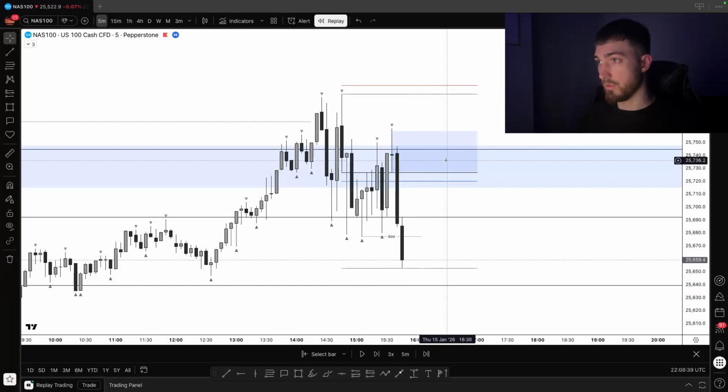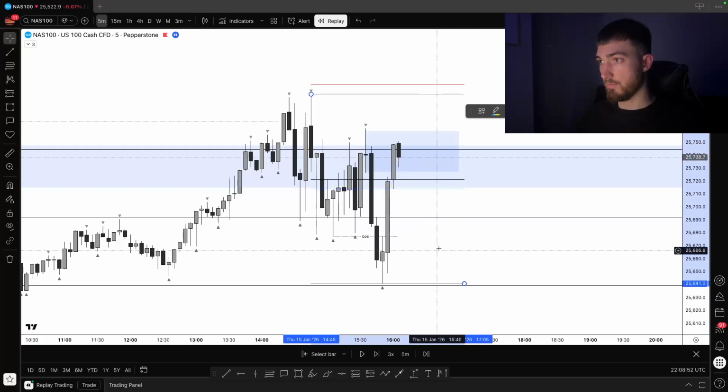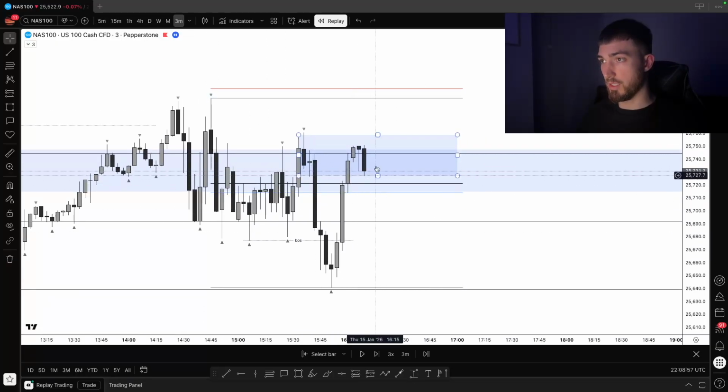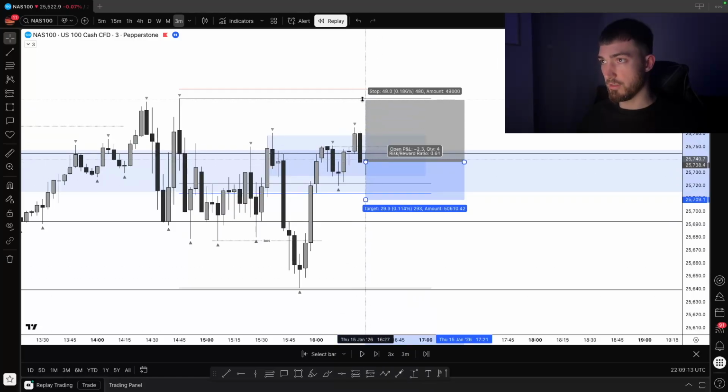So I was simply waiting for a change of character or a change in direction on the lower time frame at this level. So it's actually a 3-minute. In this case, if I play price through, you see that we get that push into the point of interest. When I scaled down, I was simply waiting for price to shift within here. That's where we get that failed break of structure. The entry on that engulfing candle, my stops above the high,